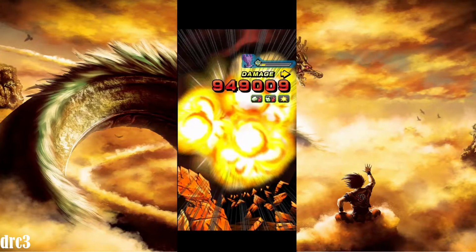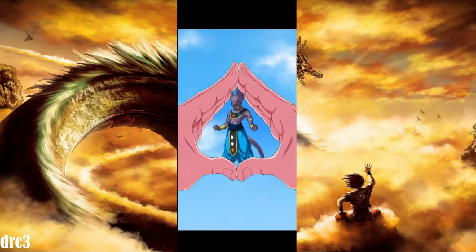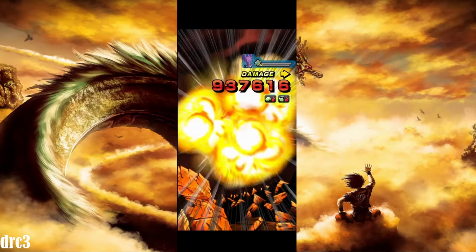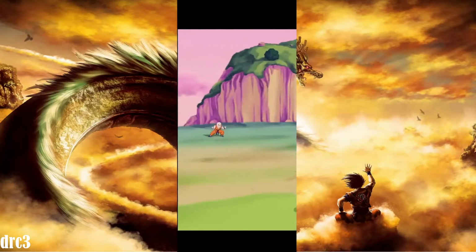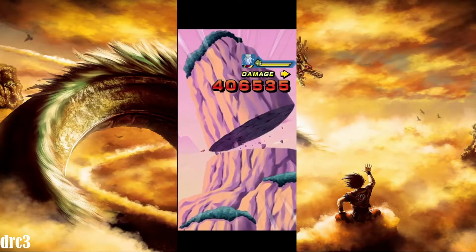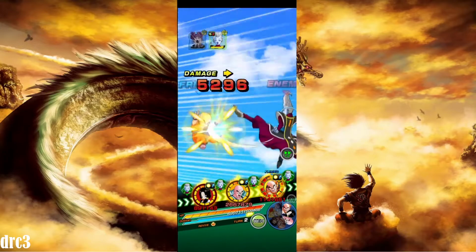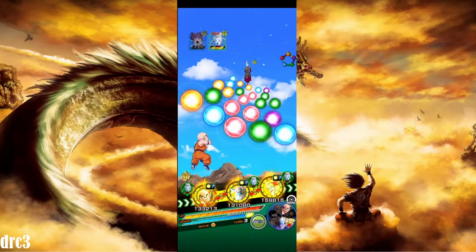Okay, Tri-Beam stuns him. Oh, is Tien going for the kill? I don't think he can do it though. Yeah. Oh, he did. He had the attack stat to do it on his own. Surprising. So, but once again, that is a rainbow. Tien, even with him being rainbowed, his damage isn't great, but his utility is pretty useful for this Super Battle